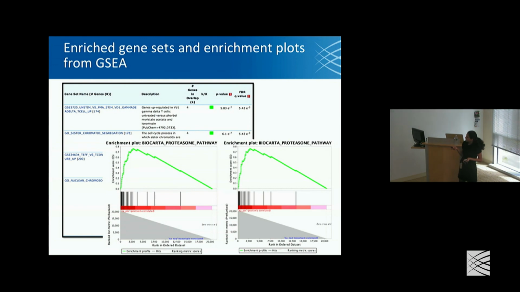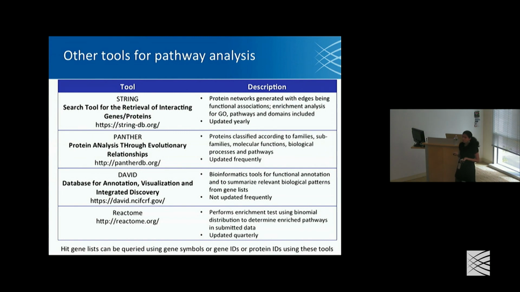And so this is one tool to use to analyze your gene hit list, but of course there are so many other tools out there, and 4 tools are listed here: String, Panther, David, and Reactome. And each of these, you can use your gene symbols, your gene IDs, etc., to query using these tools. And each of these tools generate these functional associations between each of the proteins that you're looking at and assign some sort of score to them, so you can use that